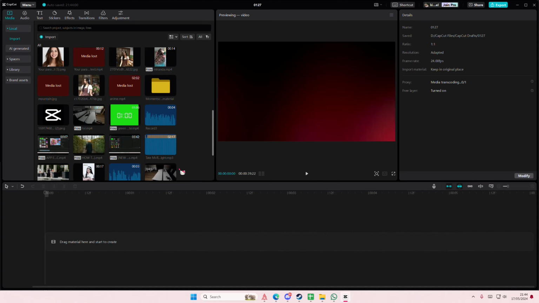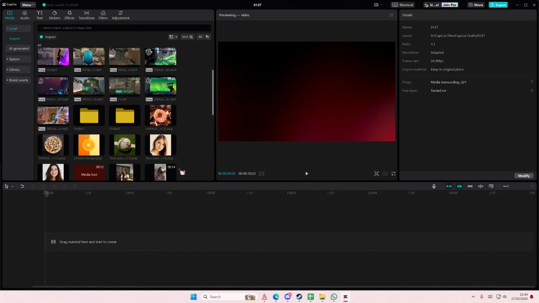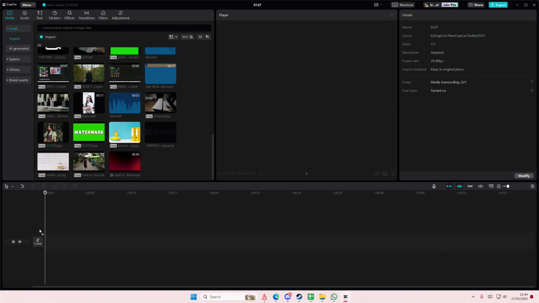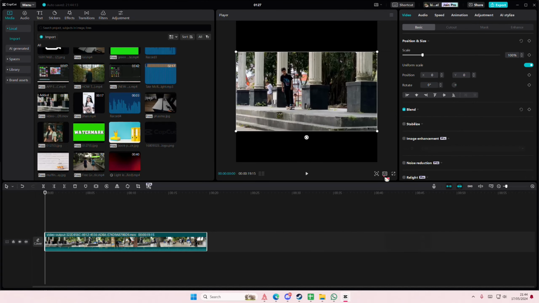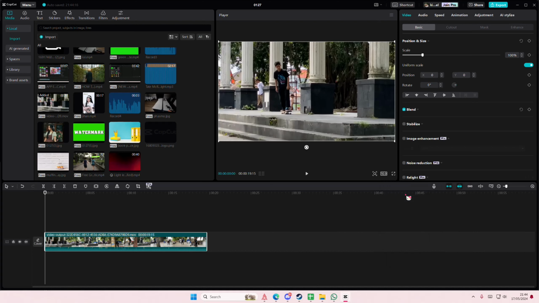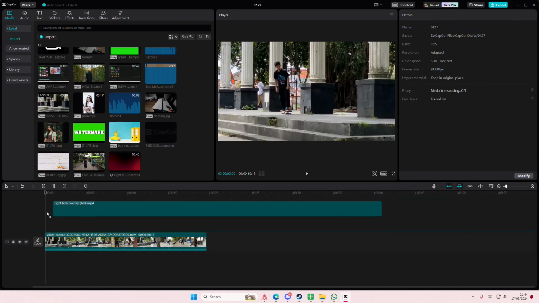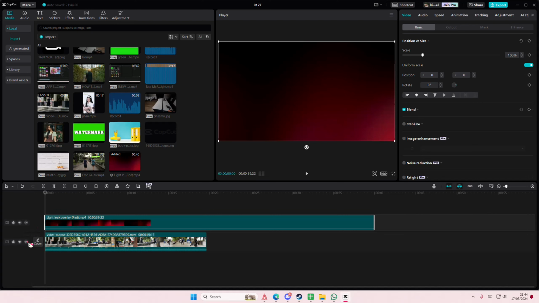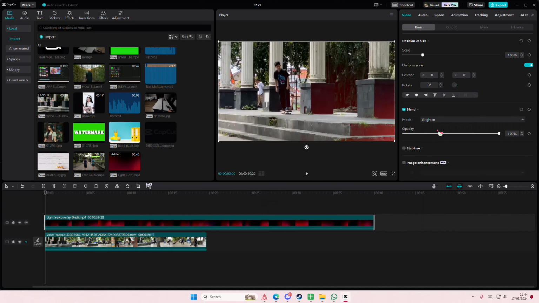In this video I'll be showing you guys how you can overlay a light leak on top of your videos in CapCut PC. So I'm just going to select this video right here. Let's just adjust the ratio first, and I'm going to select this overlay and I'm just going to add it to the video. Then I'll be going to the blend mode here,